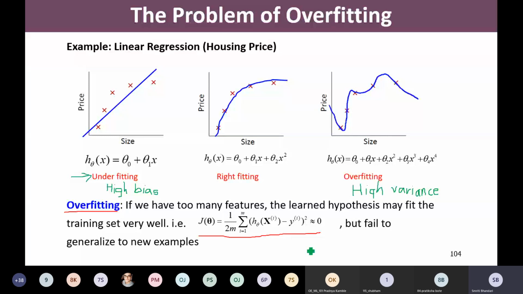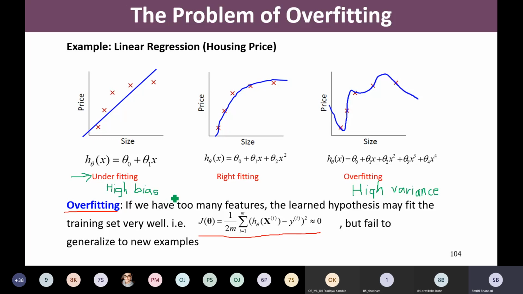Okay, please listen carefully. These terms are really very important as far as any of the machine learning algorithms are considered. Right now, I'm explaining these terms with respect to linear regression, and we are also going to look at them with respect to logistic regression, because these two are the algorithms we have studied so far. But these terms are applicable for all machine learning algorithms. So once again, I'll repeat.